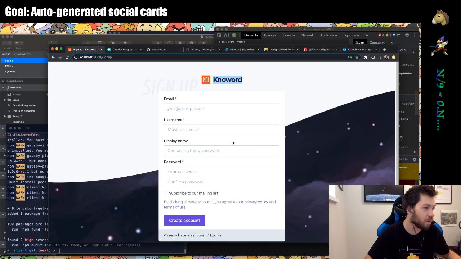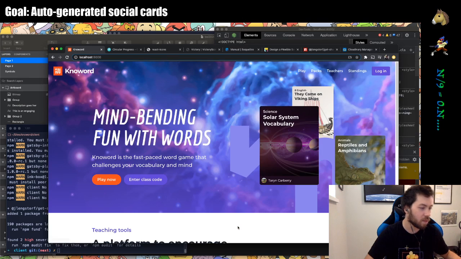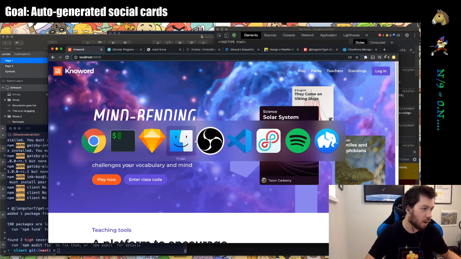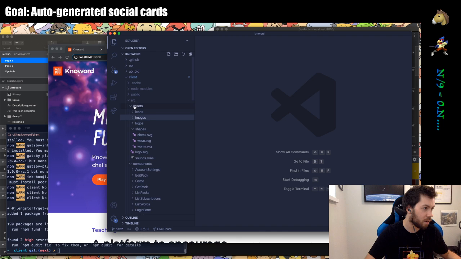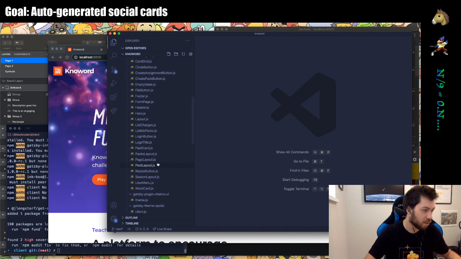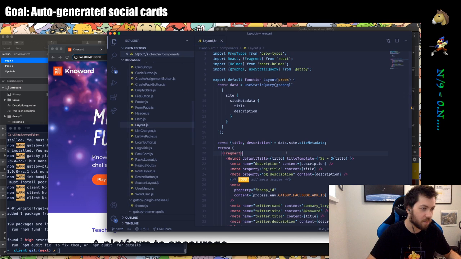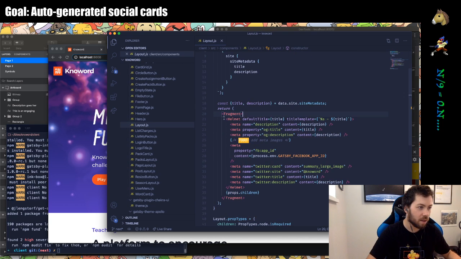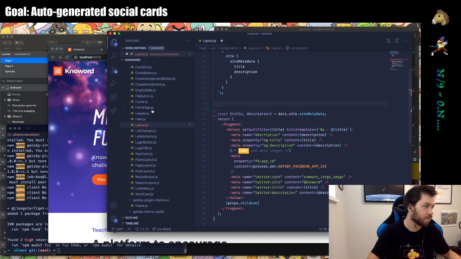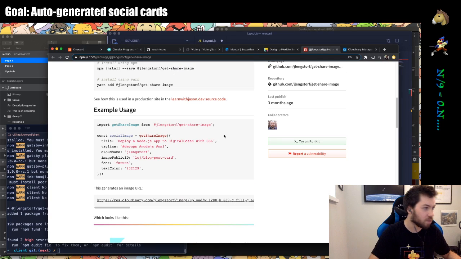All right, where am I? Let's go back to home. I'm just gonna try rendering a social media card. So I'll go to my layout component where I have my main React helmet component being rendered. And here's my to-do that I left for myself. What I'll do for now though is just say, well, why don't I go back to